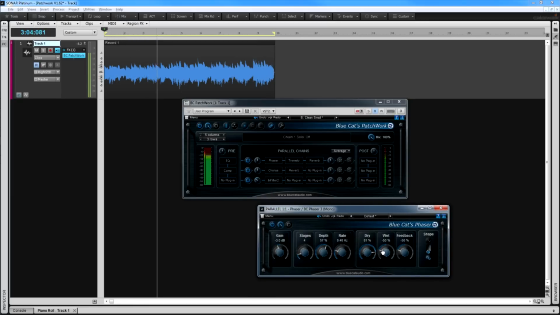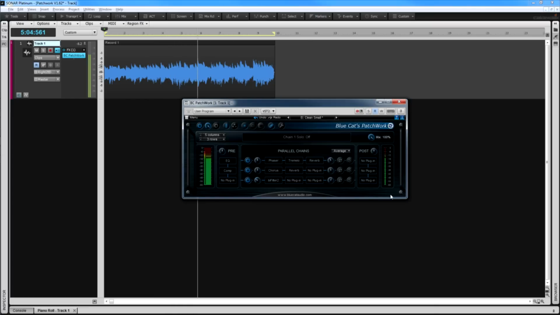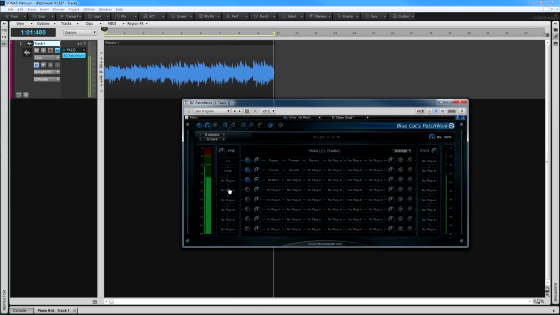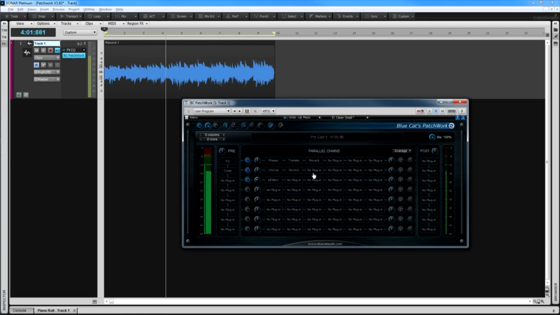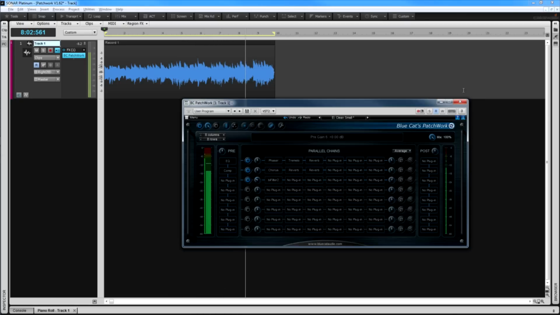Patchwork is a versatile way of setting up effects chains, parallel buses, multiple instrument configurations and much more. Up to 64 plugins or instruments can be inserted in each instance, and although it has even greater versatility than a real patch bay, it's much easier to configure, as we'll see shortly. There's full control over each individual plugin. Better still, once configured, a setup can be saved and recalled for use later, or exchanged with other systems and